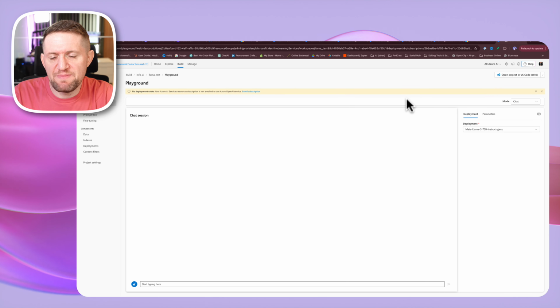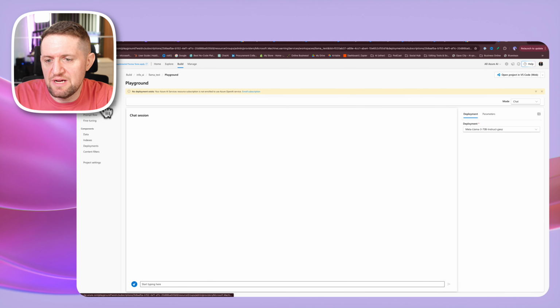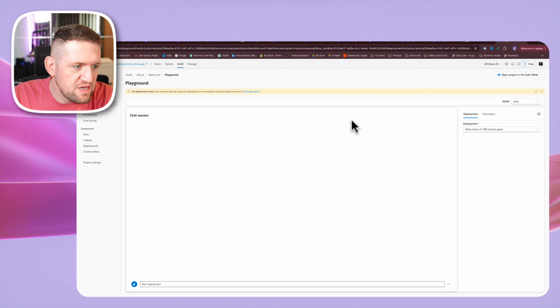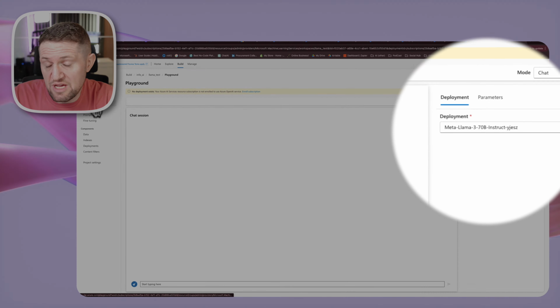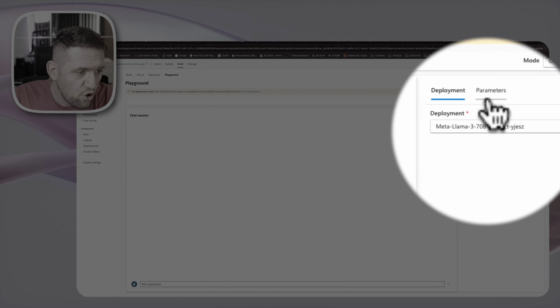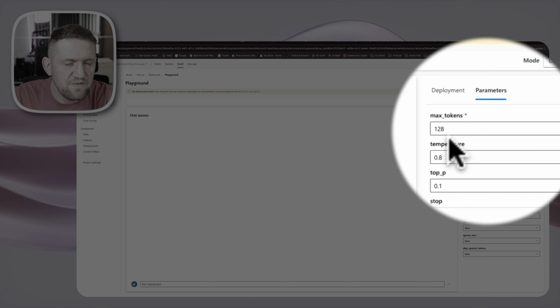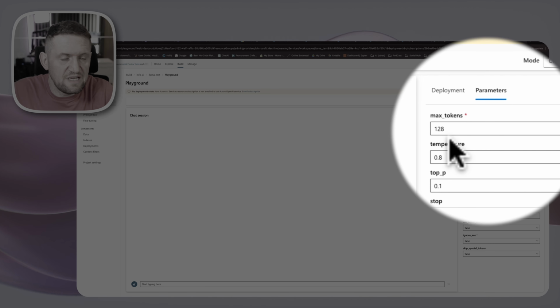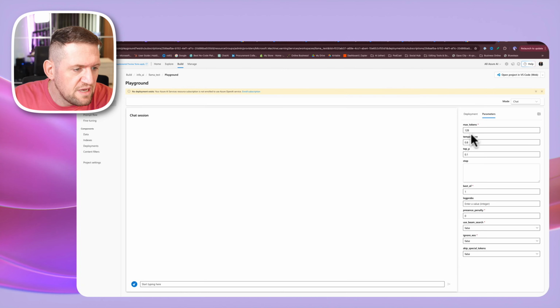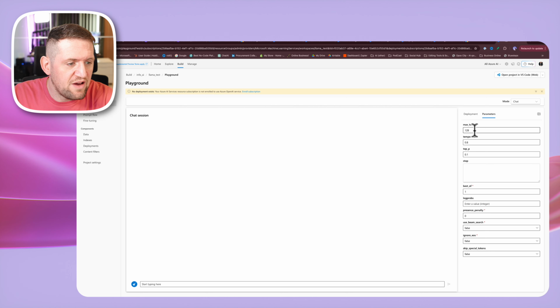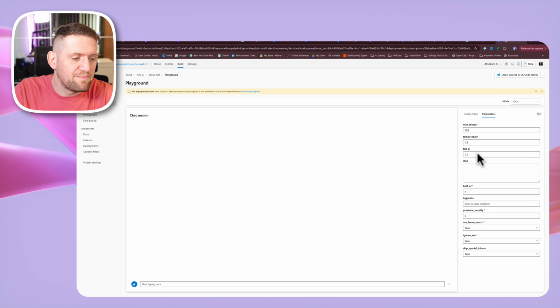And now, last but not least, let's do the playground part. So here, basically you have options. As I said, you can select the playground. You have the deployment, you have parameters to select. So these are the standard parameters. You have the normal things you have when you're dealing with a large language model in generative AI. So you have a max number of tokens, temperature, top P,